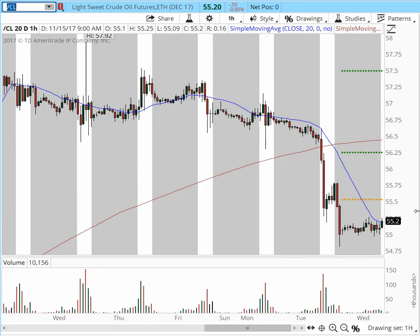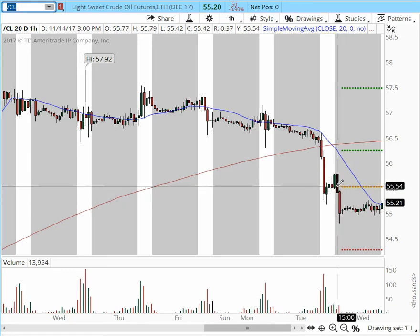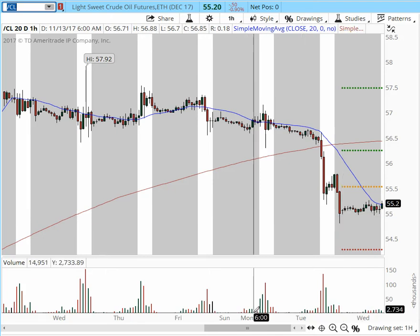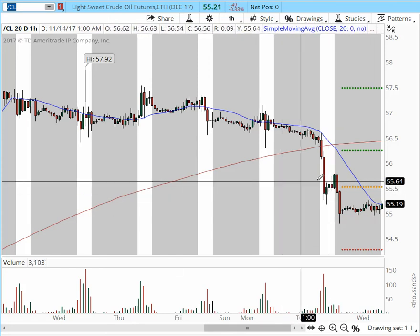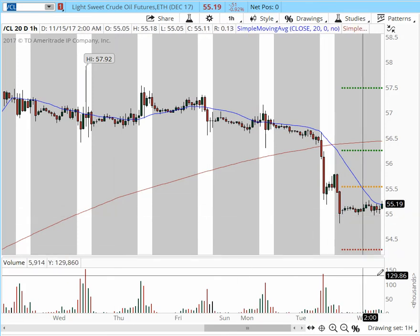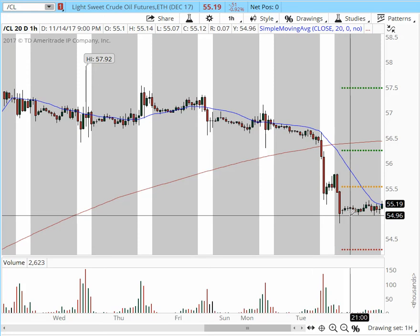Let's take a look at oil for this morning. Very, very flat after a descent very early that happened in yesterday's session. And okay, sorry about that, guys. So today is Wednesday, and we had the API oil inventory numbers yesterday, and this drove the price a little lower, following